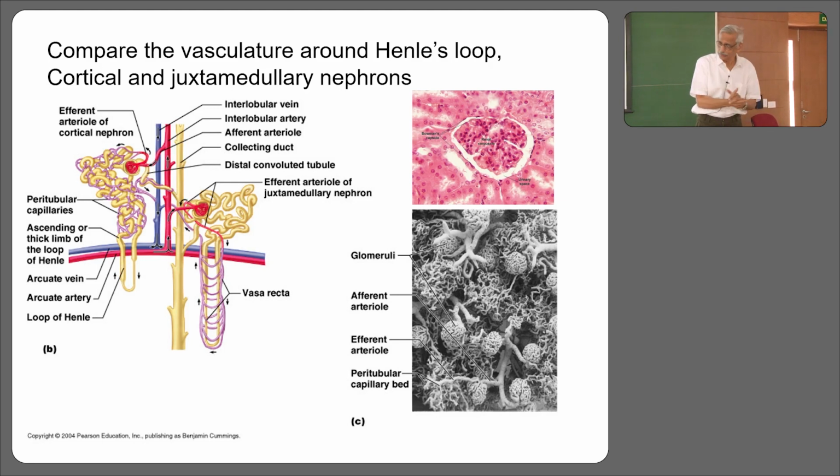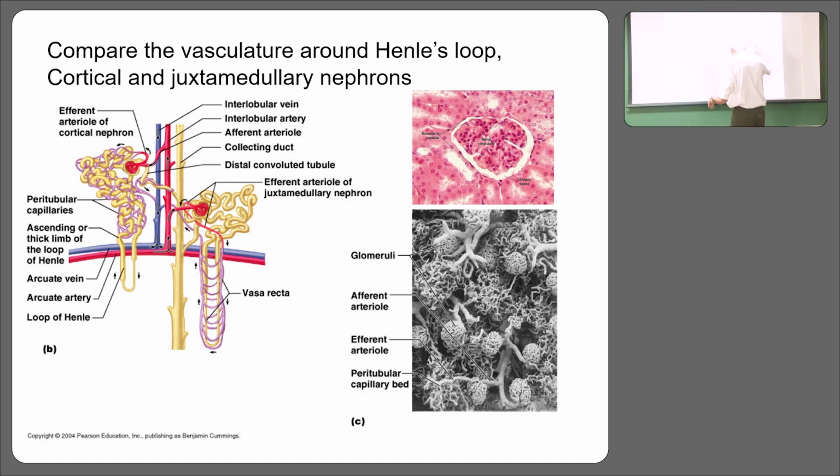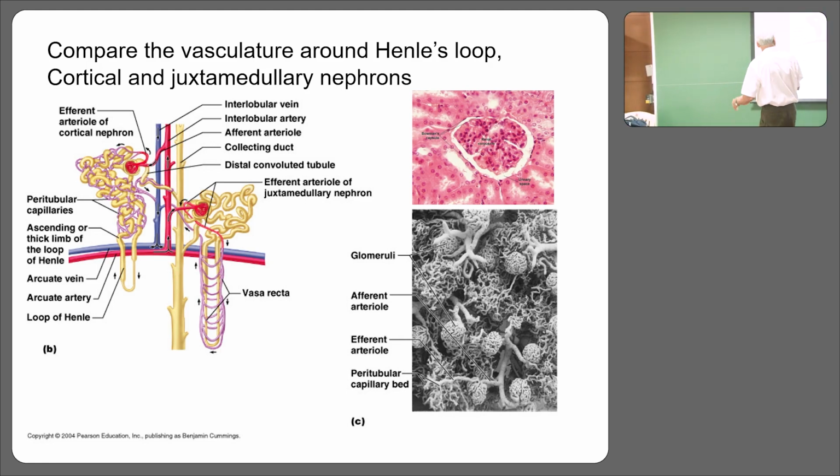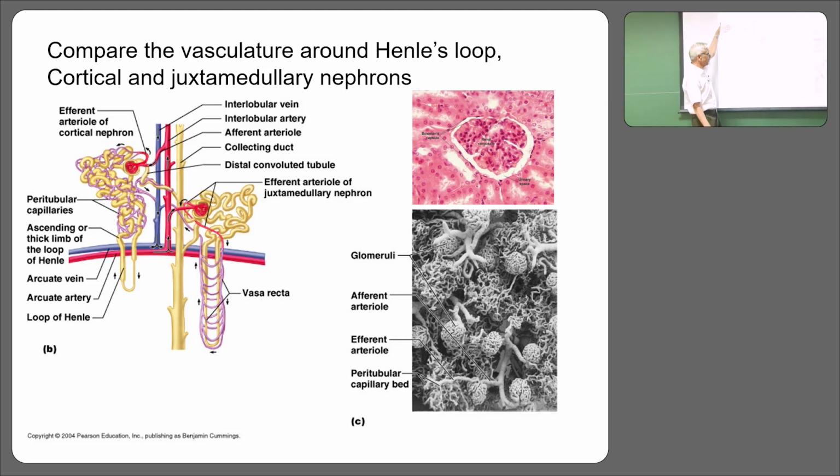It's very simple. Great. And this is the histological section. You can see the glomerulus. The whole thing is the Bowman's capsule, and this little space is where the filtrate collects. And then again, I'm sure you can see the two nephrons here. What will I call this nephron? Cortical. And what will I call this one?